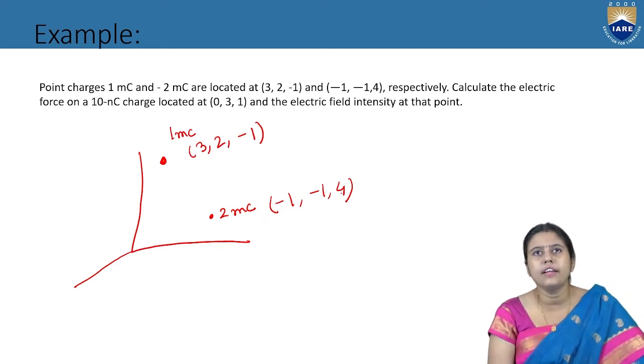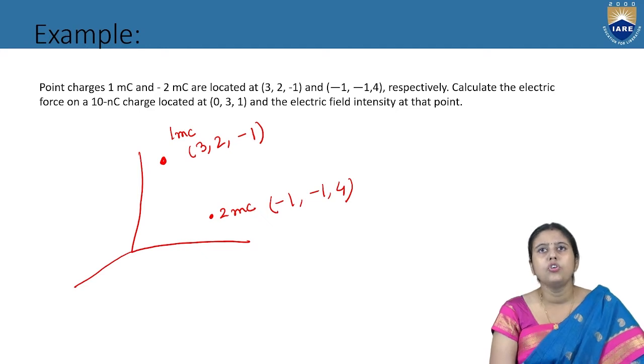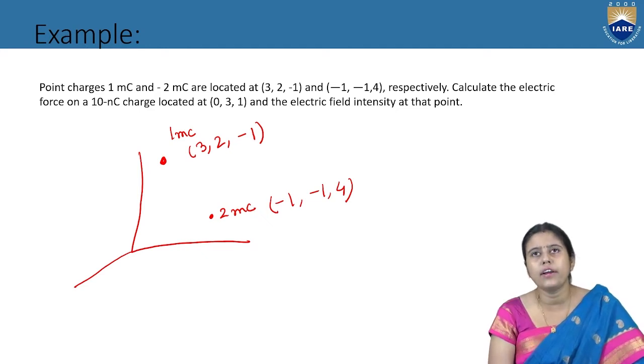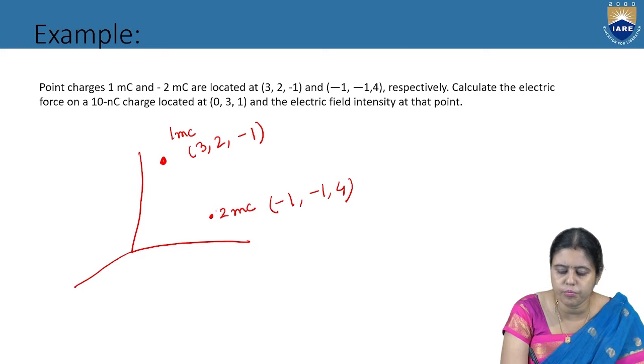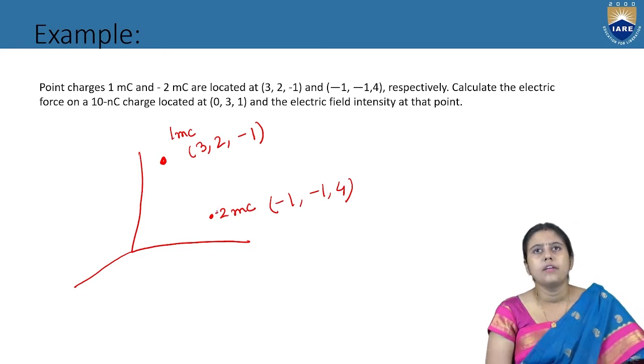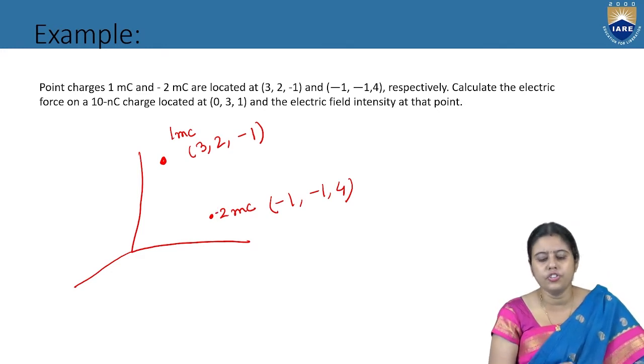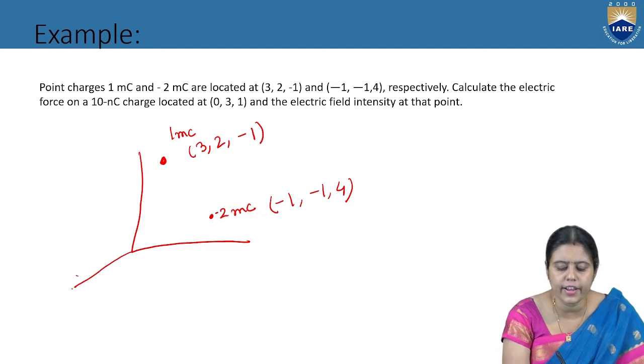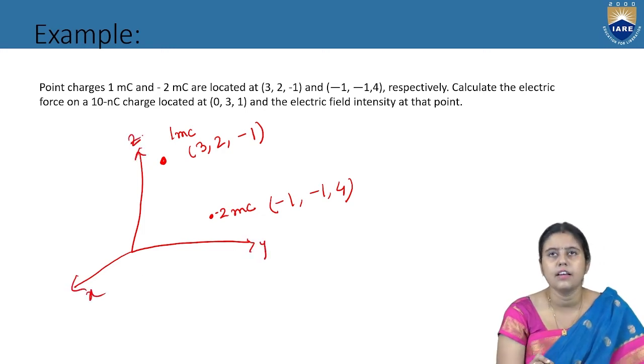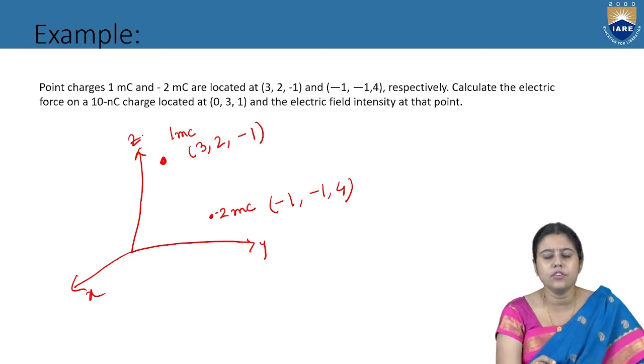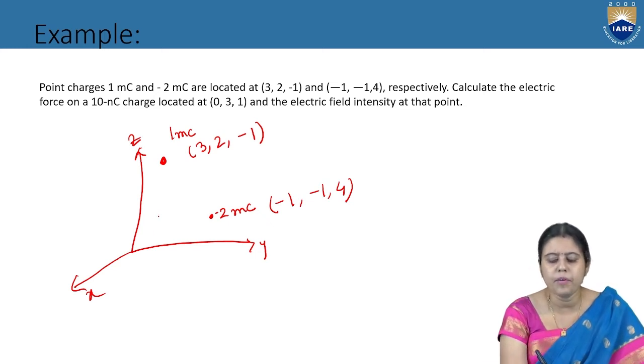Calculate the electric force on a 10 nanocoulomb charge located at 0, 3, 1. Here this is our x-axis, this is our y-axis, and this is our z-axis. The point is 0, 3, 1, somewhere here, and the charge is 10